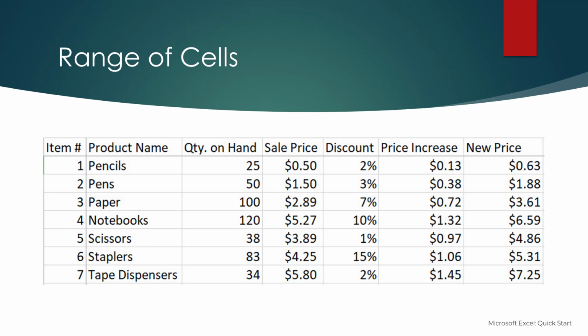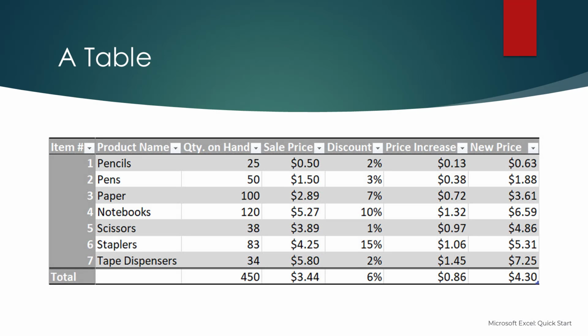To this point, while working in Excel, all of our data has consisted of ranges of cells that contain data. The cells were not related to each other in any way, they were just individual cells. Excel has a special way of grouping cells together, which adds some additional features. This is called converting cells into a table.